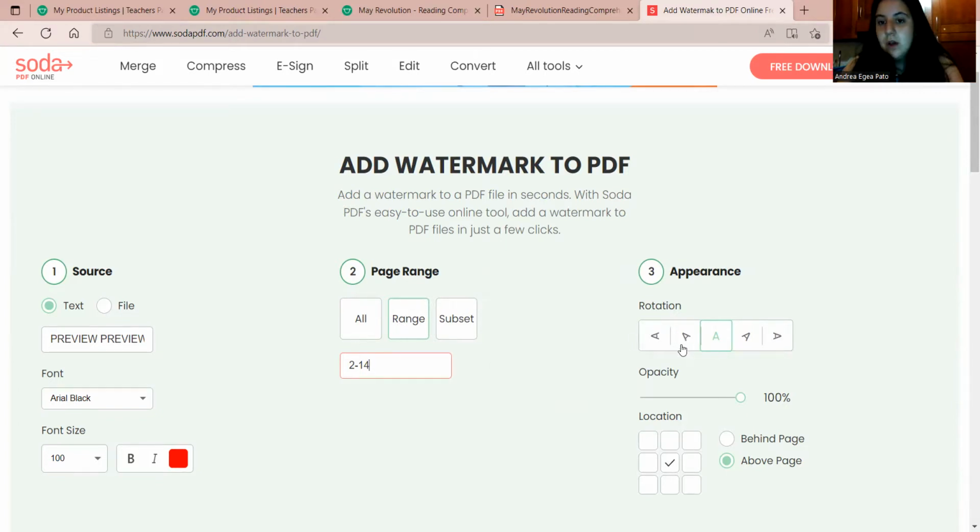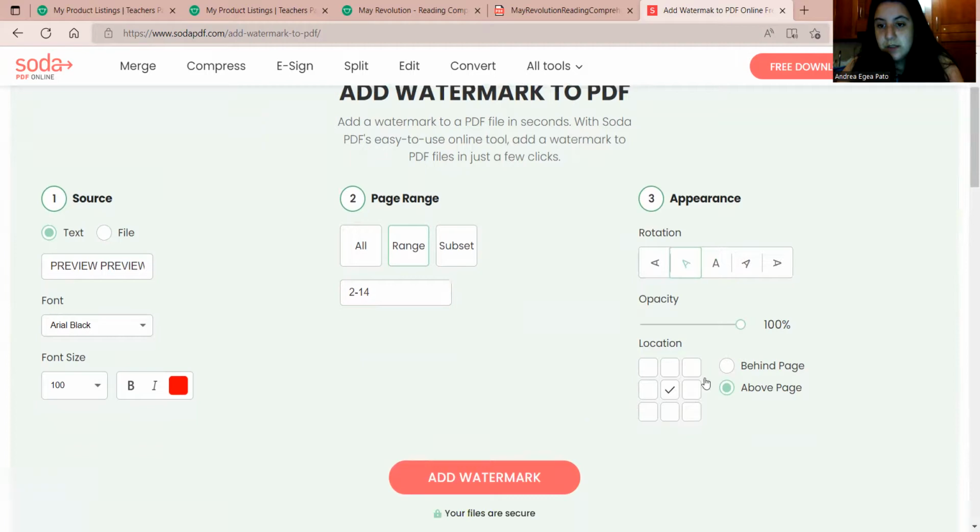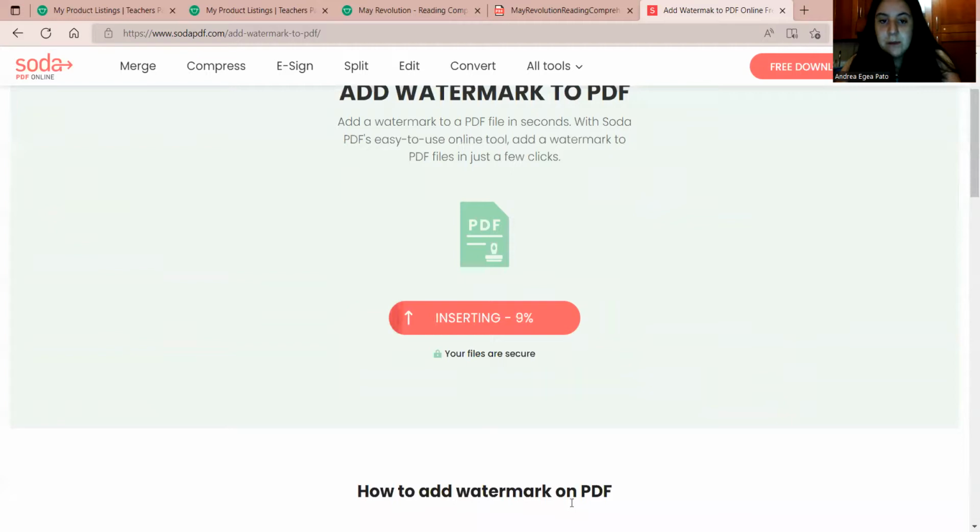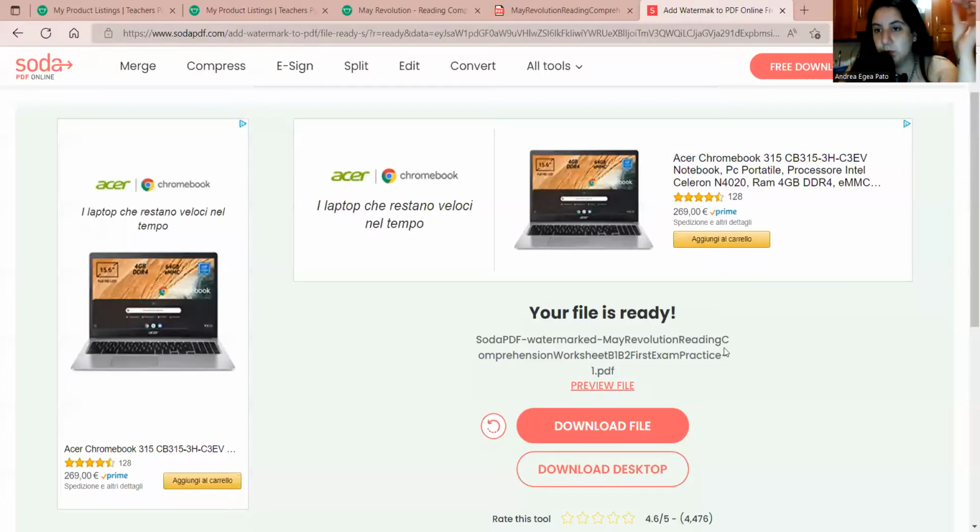And then here you can choose how the phrase should go. I have been choosing this one, and then behind page or above page. The one that I use is above page and opacity 100. Now I'm going to click add watermark, and you have to bear in mind that this will only allow you to add that phrase, and it's just one phrase, not 3 like the document that I